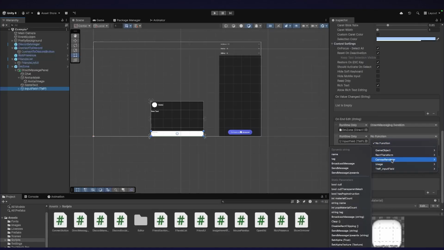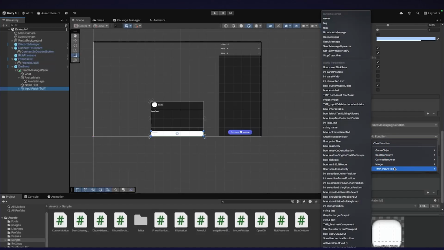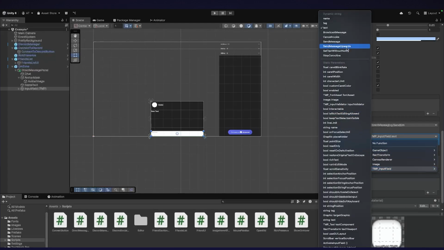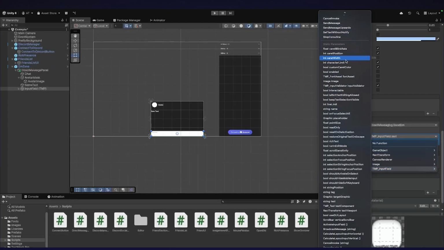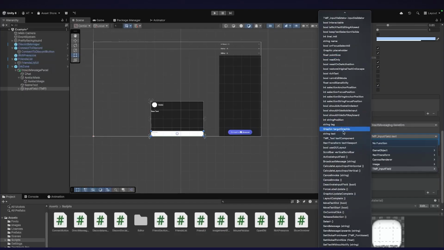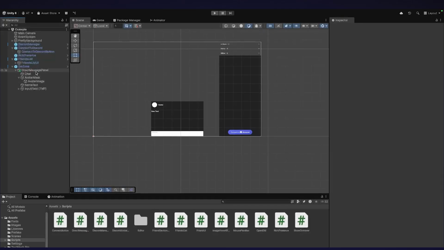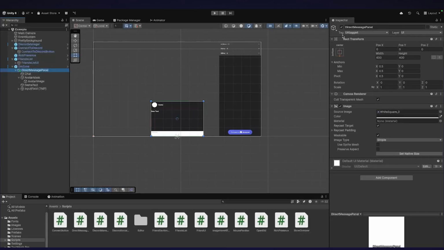Actually, I don't think there's a function specifically on it, but what we can do is set. So here's the text itself, the string. Maybe it's not that. Where is it? String text. There we go. And we'll just leave this empty. So it's just going to set it. Cheaty. I wouldn't do this in production code. The other thing I want to do is